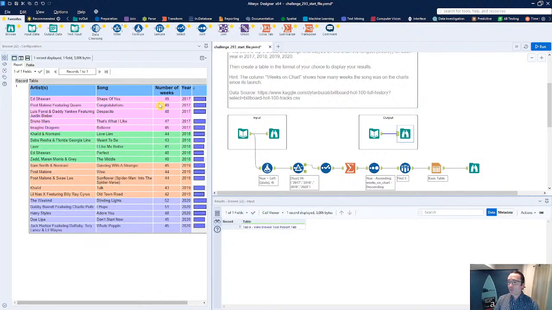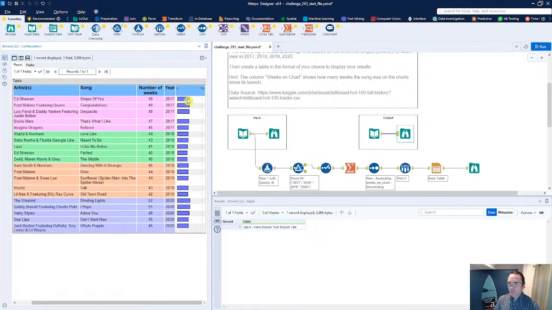They didn't put any sort of ranking on here. Personally, I'd like to see some sort of ranking. They do have a bar chart in here. I'm not, again, completely sure what's going on here because it just says 0 to 100 and it's somewhere in the middle. So I think what this is doing is they created a bar chart from 0 to 100, but in reality, there's only 52 weeks in the year.